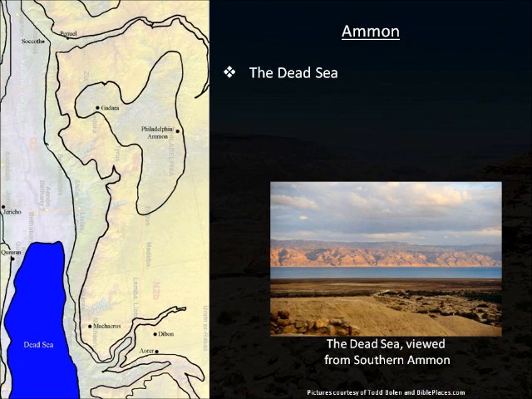And this is a sea that has no outlet, and because of that, the water comes in and it evaporates, and it gets to be very, very salty. Meaning that, long story short, you're not going to take up a shipping business on here. Nothing can grow here, nothing can live here. And so it makes a very formidable barrier there to the south and to the west. But notice we do have a couple of settlements, like for example the settlement of Qumran there on the west side of the Dead Sea, and Machaerus there on the east side of the Dead Sea.